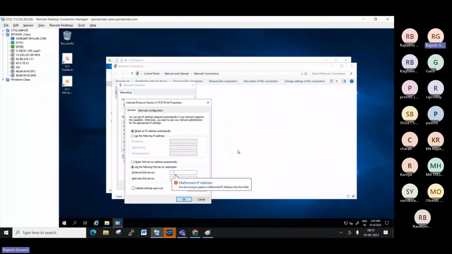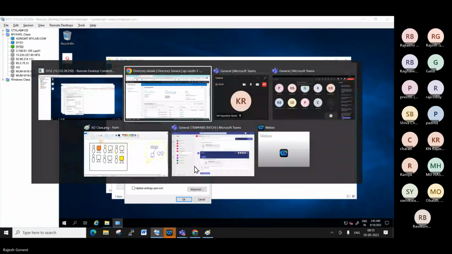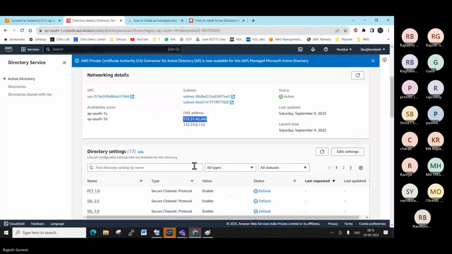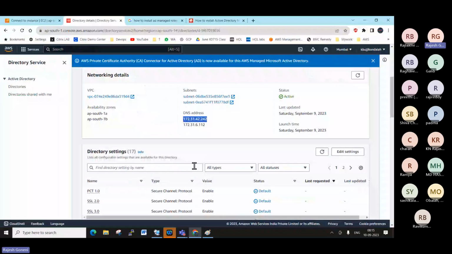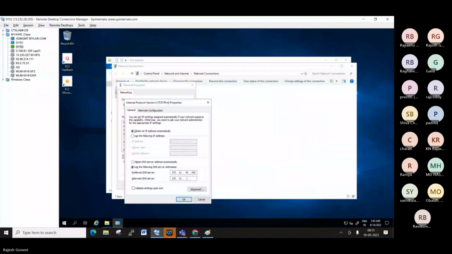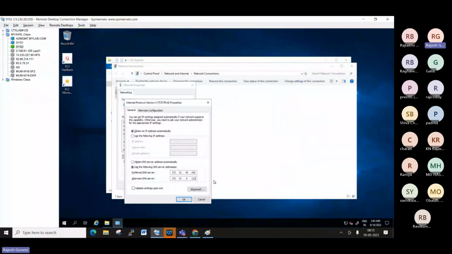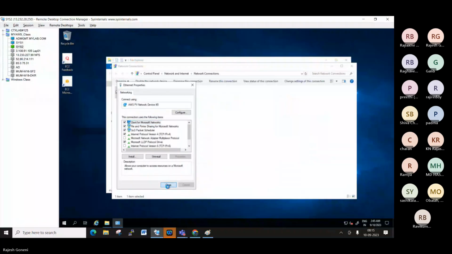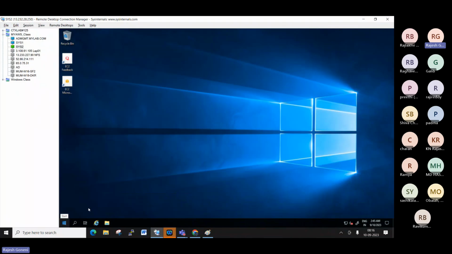Sometimes copy paste is not working. Then you can type it manually: 172.31.42.242, 172.31.6.112. Close here. Done. Next step is